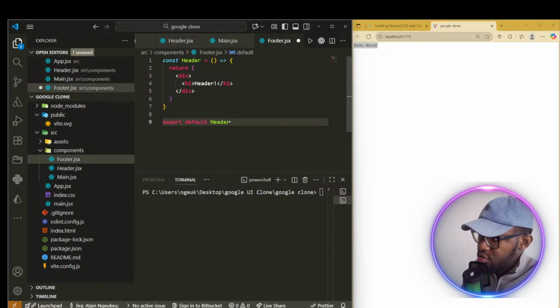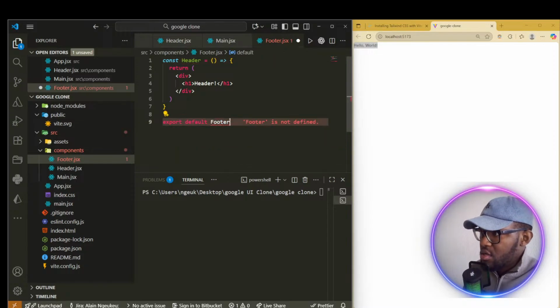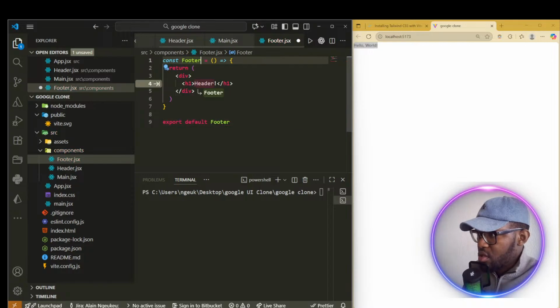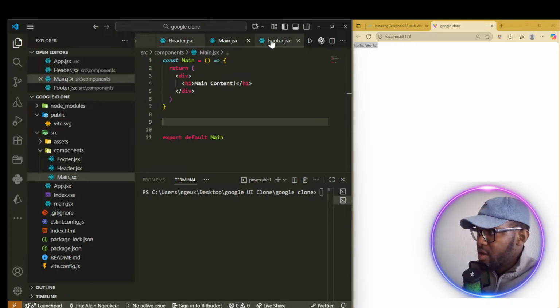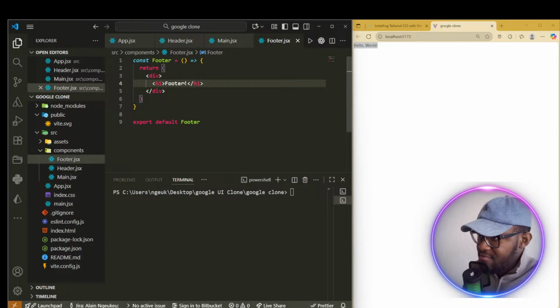The AI completion is not that bad. Good. So let me just say footer, and here it's supposed to suggest footer. Done. Okay. Now we're going to import all these three components, footer, header, and main, inside